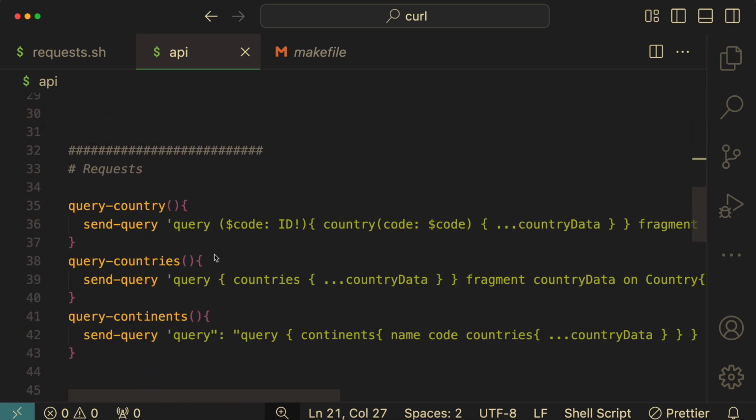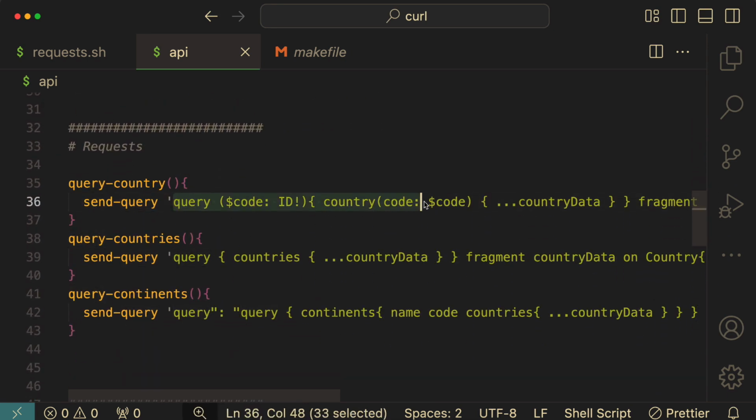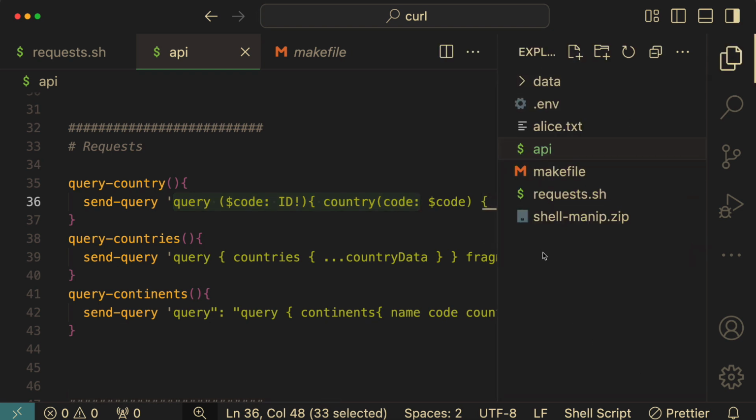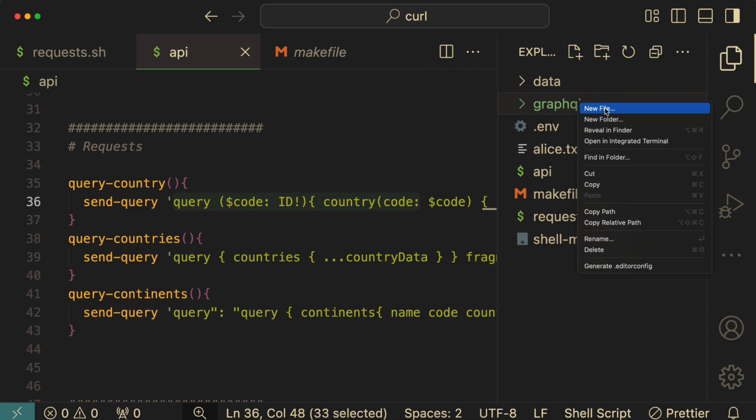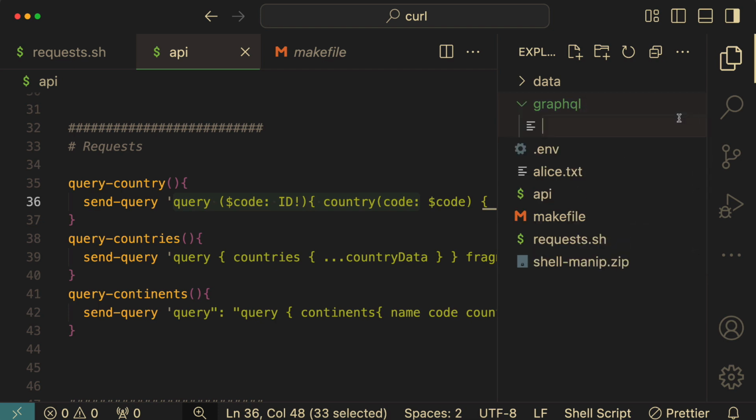For instance, these query strings don't belong here. Every project that I've ever worked on for GraphQL, we end up breaking the files out to their own thing, breaking the queries out to their own files. So I'm going to do that right now. Over here, you can create a new folder and call it GraphQL. So right there, and inside of there, I'm going to create a bunch of files. So a new file for